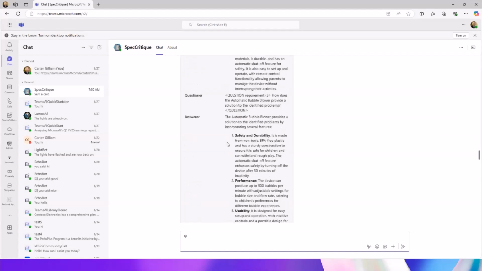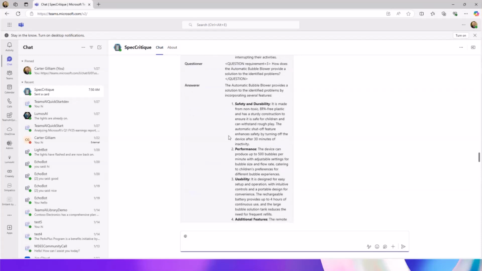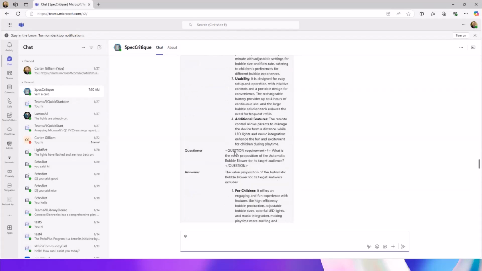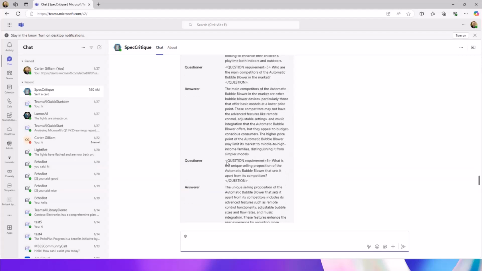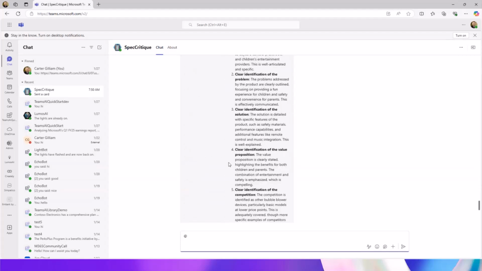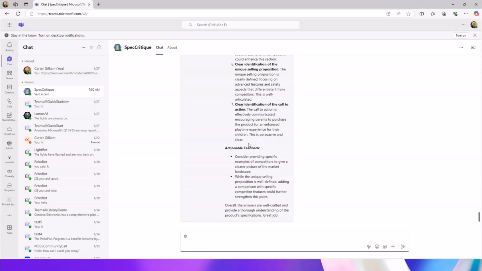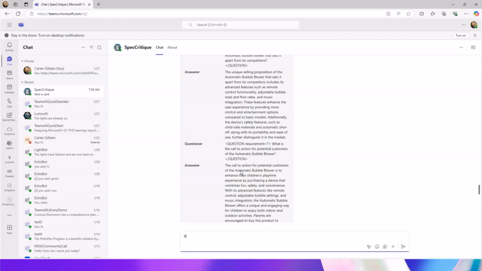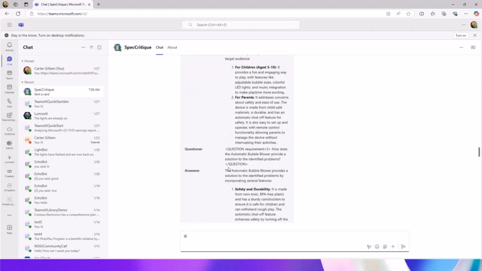Normally, if you were to actually do this for a product, you may not include this full detailed information in the adaptive card, but this is showing you what's happening behind the scenes.